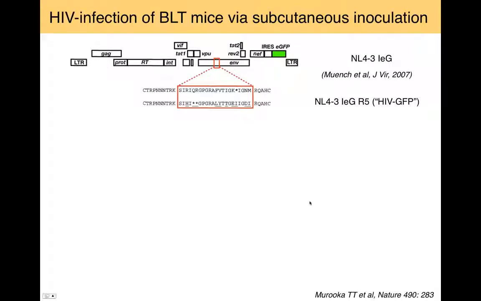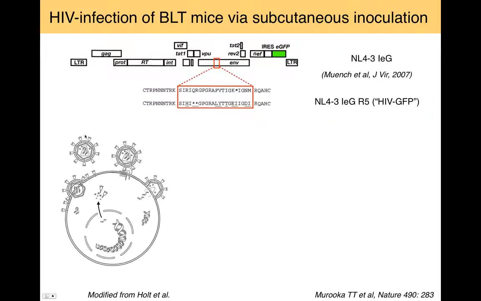In order to visualize the spread of infection, we used a special recombinant HIV strain, which generates a transcript. So these are the open reading frames of HIV. Here this is the open reading frame for Nef, where downstream of Nef an IRES-GFP reporter is inserted. So whenever an infected cell starts to express Nef, it will also start to express GFP and become green fluorescent. So here again, you have a virus that binds to a target cell, delivers its RNA genome, which